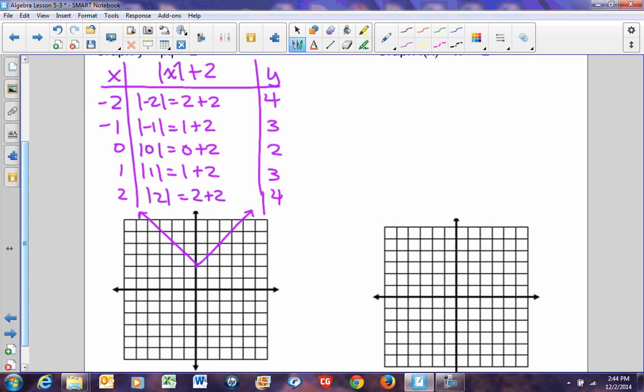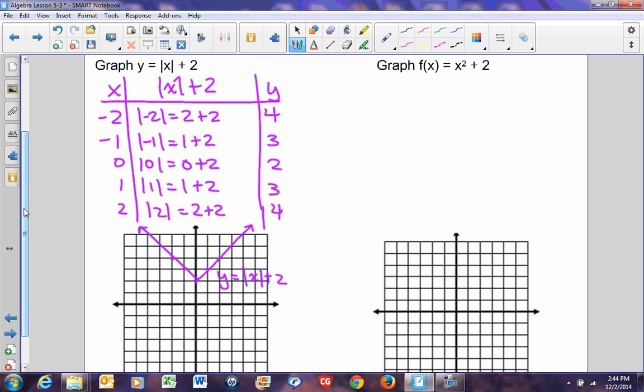Pretty straight lines, not using a ruler, even though you should use a ruler. And of course, I'll label it. Y equals the absolute value of x plus 2. All absolute value graphs will be V's, V-shaped. Our next graph over here